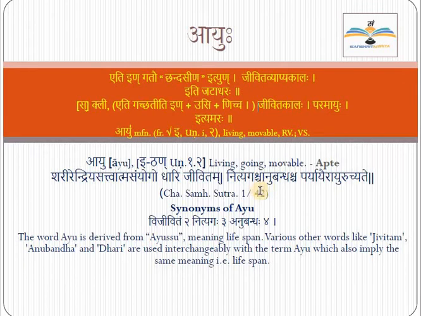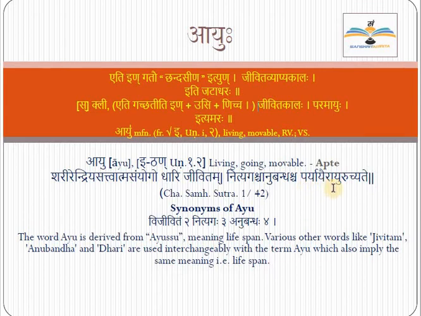Now if I ask you to disjoin, it is easy. Nityagaha cha plus anubandha, chanubandha, dirgha sandhi, a plus a becomes a, and again anubandha plus cha, anubandhas cha. So synonyms: nityagaha one, anubandha two, and here